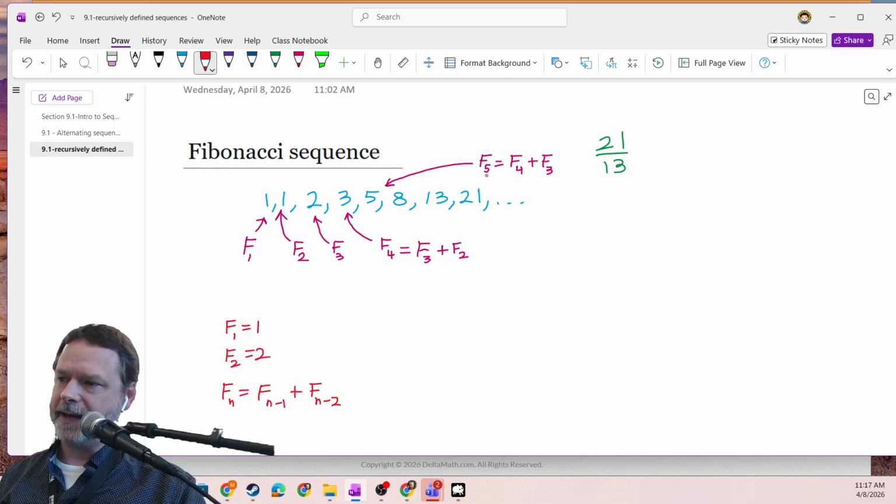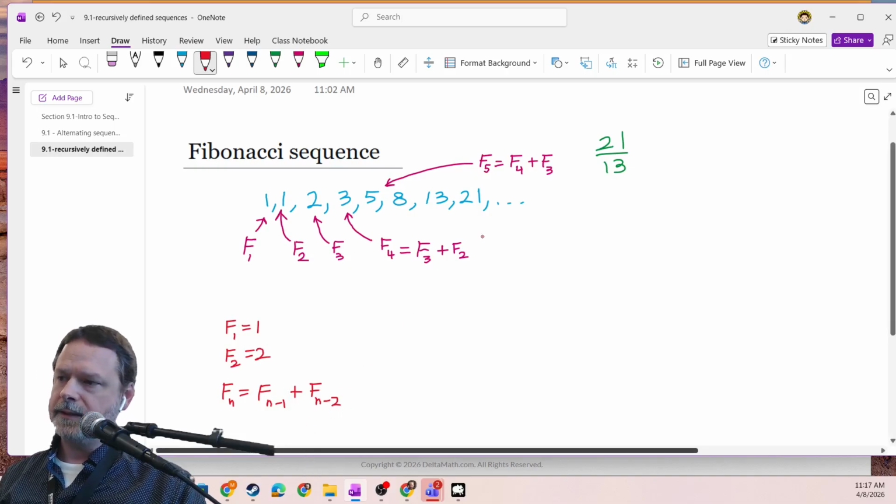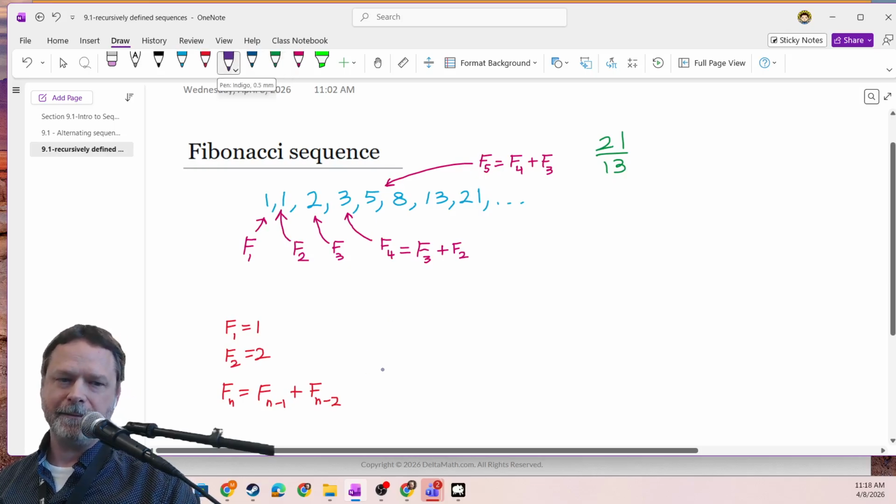Right? And I already have that. What's 5? 5 minus 1 is 4. There's my n minus 1. 5 minus 2 is 3. There's my n minus 2. All right? So we can see, yes, this is exactly the definition for this function. And we call this kind of a definition a recursive definition of a sequence, where you have your defined terms